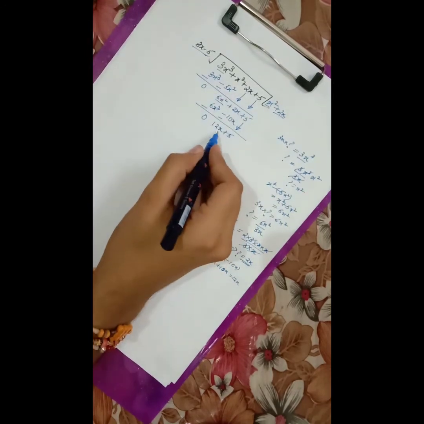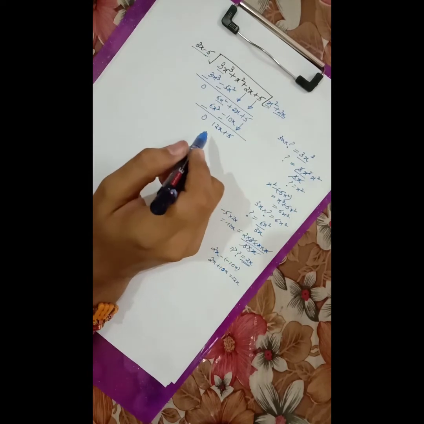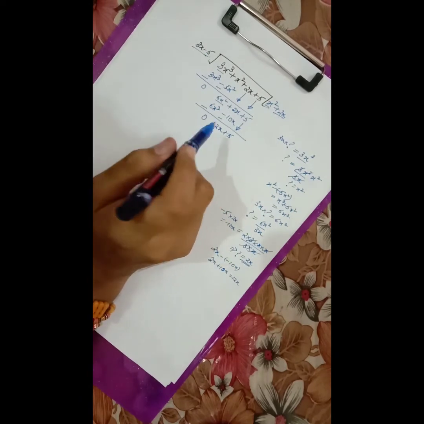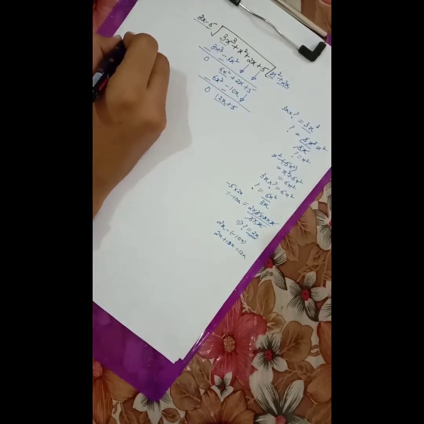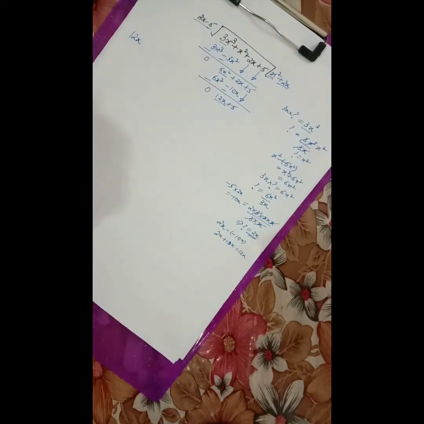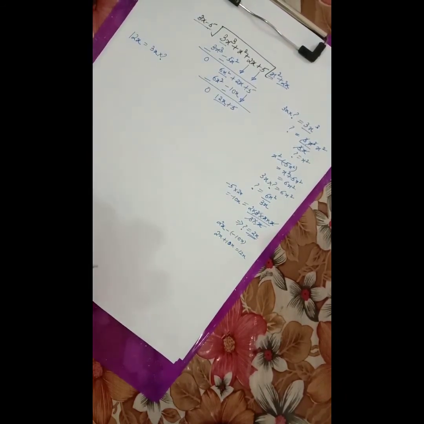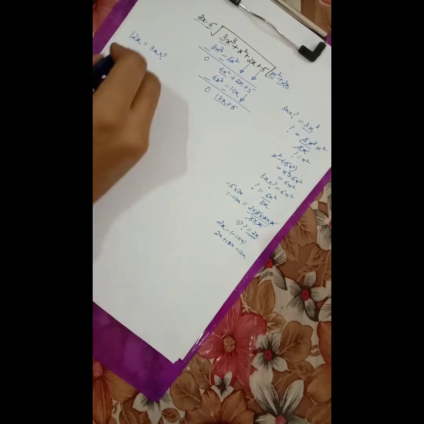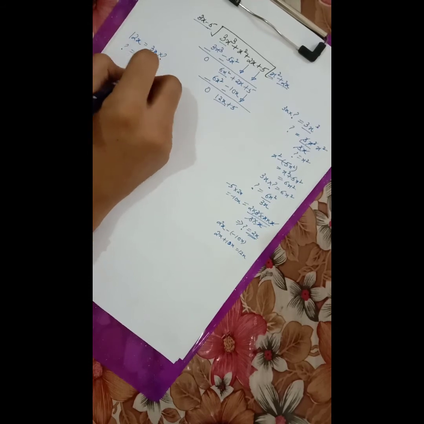Now here the degree of the polynomial is 1 and the degree of divisor is also 1. So it means this is also not our remainder. So again we are going to divide it. The first term of our dividend is 12x, and the first term of divisor is 3x. We have to multiply the divisor with something such that it gives the first term, that is 12x. So the question mark comes out to be 12x divided by 3x.